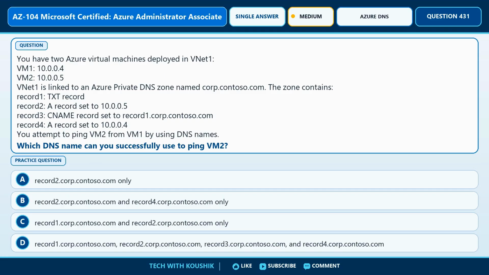Question number 431. The topic here is Azure DNS. Review the situation. You have two Azure virtual machines deployed in VNet1: VM1, 10.0.0.4, and VM2, 10.0.0.5. VNet1 is linked to an Azure private DNS zone named corp.contoso.com. The zone contains record1, a TXT record;